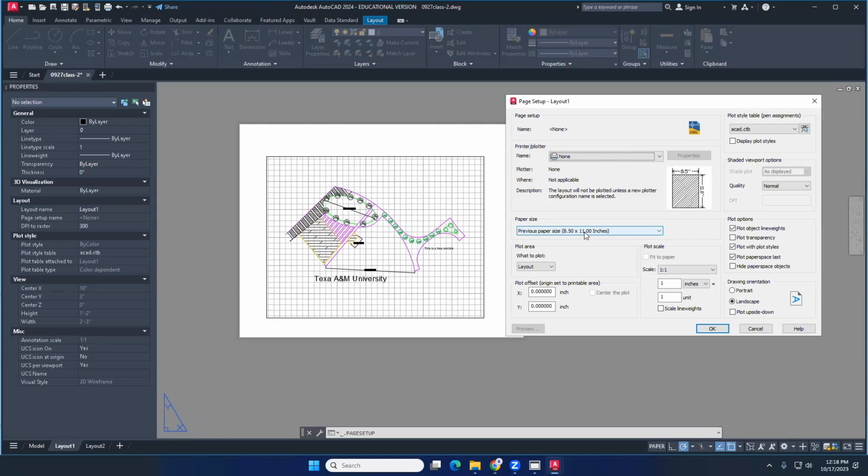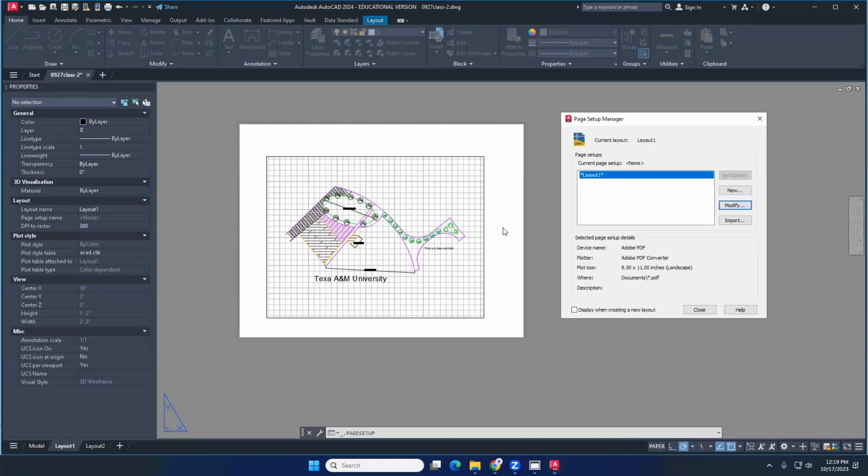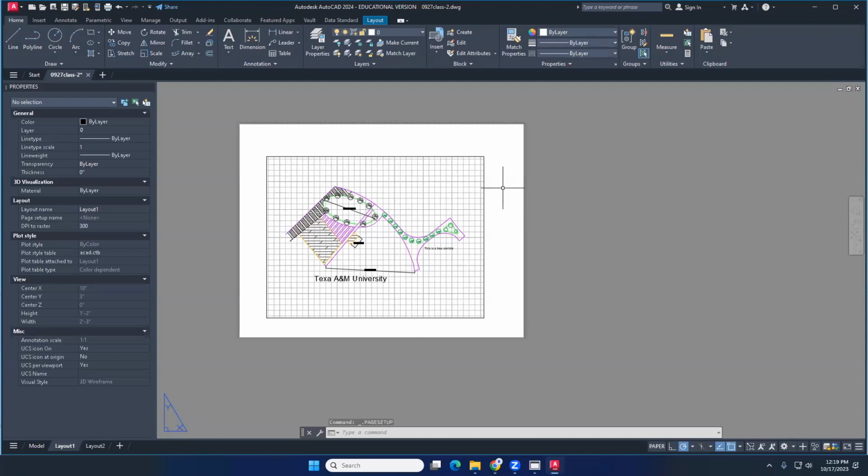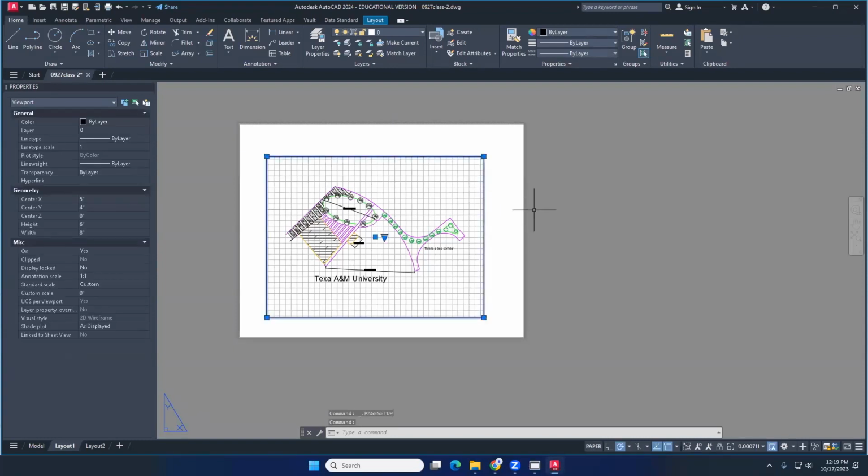So per inch, how many feet? 80, right? Because 5 inches equals 400 feet. Per inch, you just divide by 5, which equals 80 feet. So this scale is 1/80. That's how I think about it, but it's not perfectly accurate. So in the future, if your professor says, okay, I need a map at 1/80 on an 8.5 by 11 sheet,